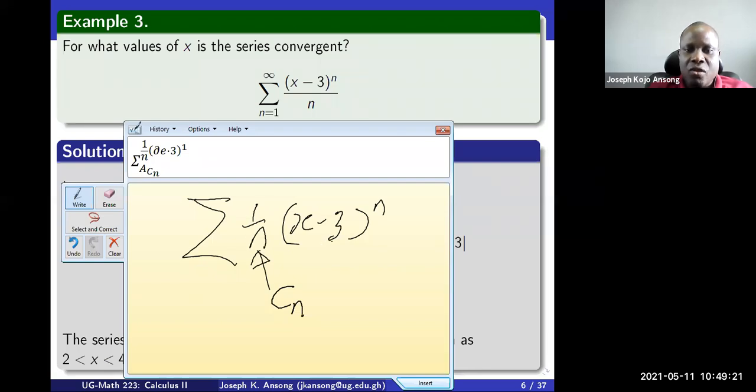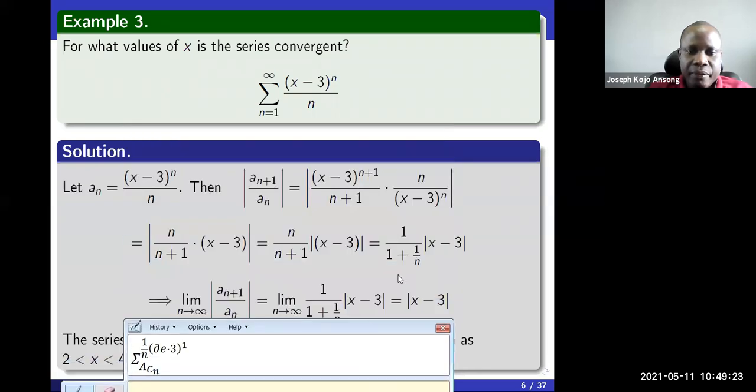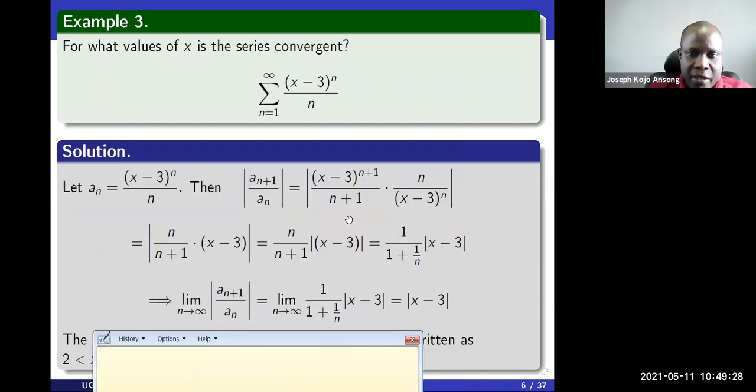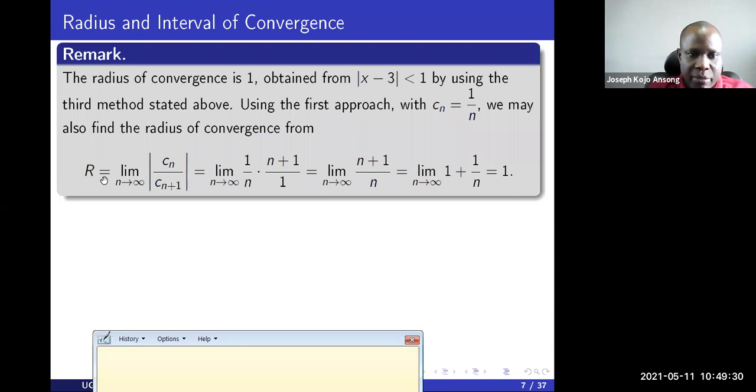So you can use that to compute the radius of convergence. So I have the radius is the limit as n goes to infinity of Cn over Cn plus 1. That is equal to, Cn is 1 over n. Because I'm dividing by Cn plus 1, I'll multiply by the reciprocal, right? And so I'm going to have n plus 1 over 1, which is n plus 1 all over n